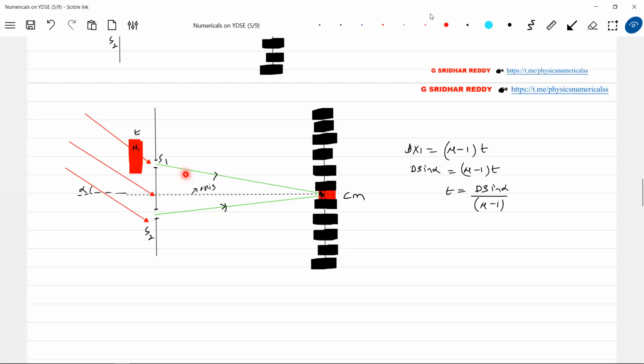So in books we just show the slab here or here, but not in a lab. In the lab I'll take the sheet and paste it wherever I want. I can paste it here also, but usually the practice is pasting it here only. So even if the slab comes here, it doesn't matter. Now if the slab absorbs some light, it makes some difference. The dark region will not be completely dark, it will be very difficult to notice the dark bands, and the pattern will not be distinct. So we are assuming that the slab will not absorb any energy.